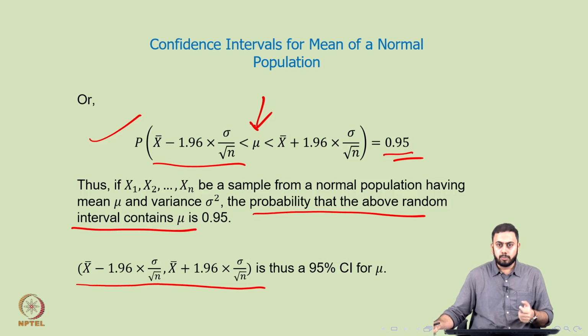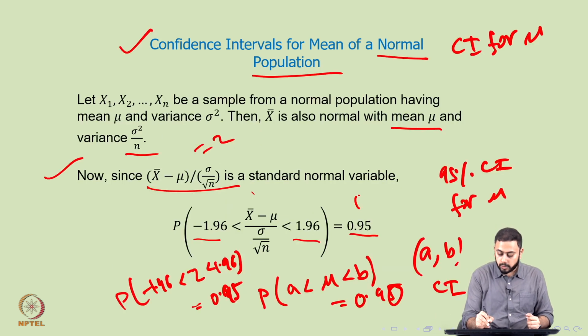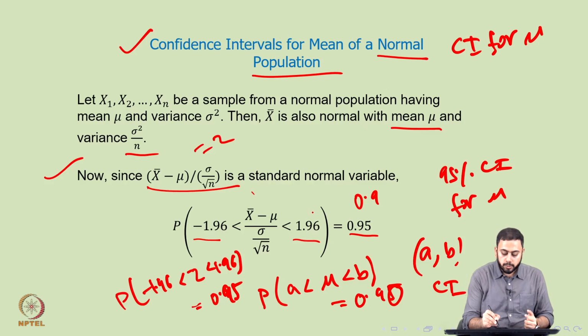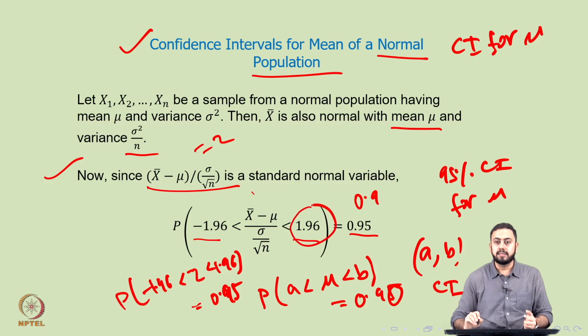Now, a small point here. Let us say I change this 0.95 to 0.9 or 0.99. Automatically this 1.96 number would change, isn't it? Because now the probability which I want is no longer 95%, but let us say 90%. Then accordingly, from a normal table or the properties of a standard normal distribution, you can pinpoint a different number apart from 1.96. This is exactly how you are fixing this 1.96 number. This 1.96 to begin with is ensuring that this probability happens to be 95%.